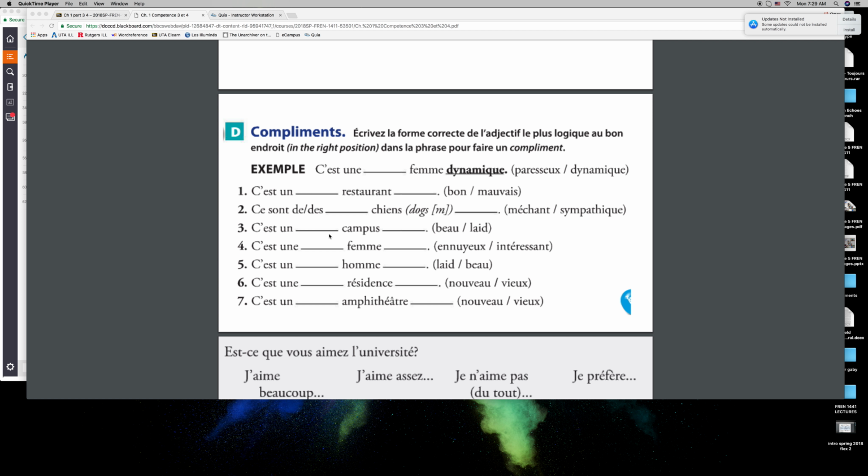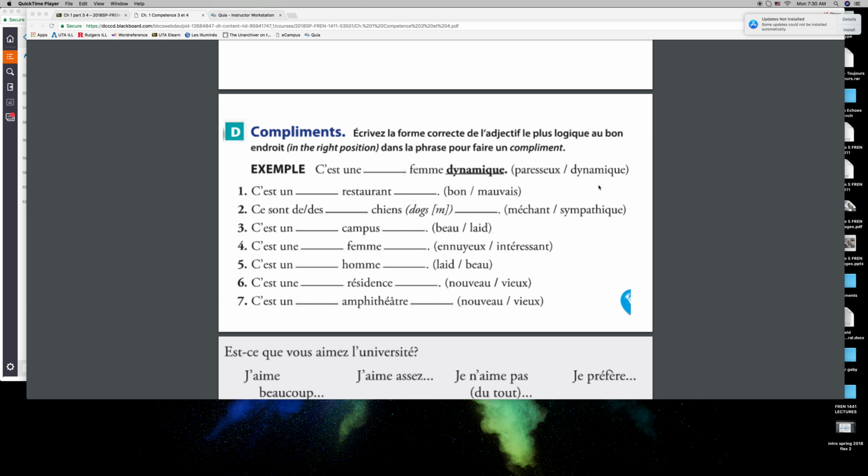And one last thing. This exercise, for example, is asking you to place the adjective either in the first position, before, or after. Remember that there are only 15 adjectives that will be placed before. Most adjectives will be placed in the second position, after the noun. Usually they're long adjectives. If you have more than two syllables, the adjective is more than likely placed at the end, in the second position. Remember, when you do these types of exercises, not only do you have to know where to place the item, you also have to figure out what gender the adjective is going to be.